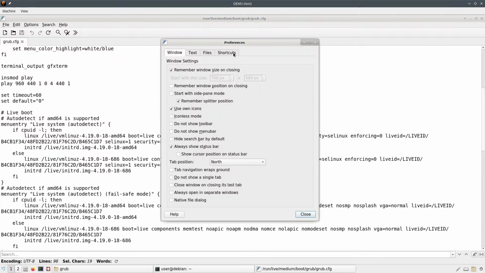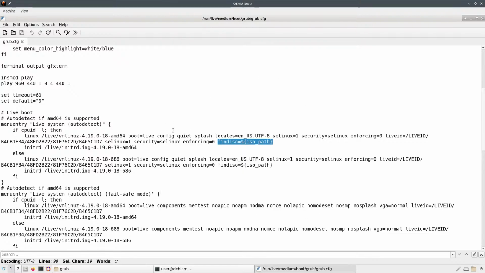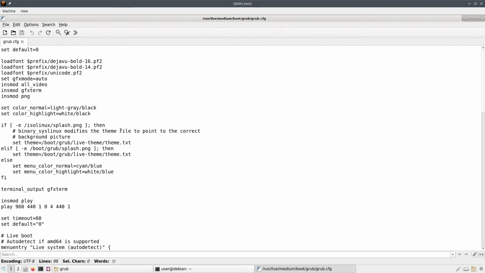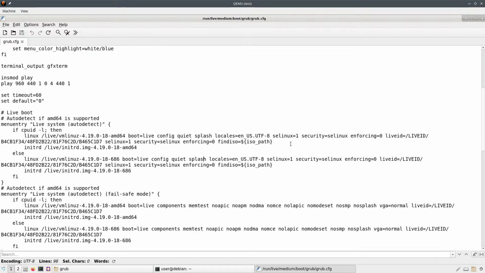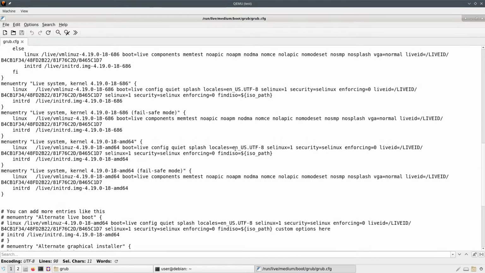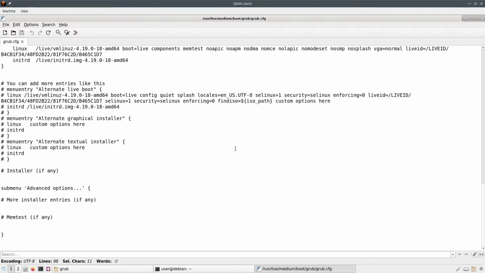No, because this is very limited. So the idea is that you have a loopback.cfg which can source the grub.cfg, which is in the same place, and if you know that your option to boot from stuff is ISO boot or whatever, you can put it here with ISO path, which is a variable which Super Grub2 Disk would give you. And that's how you manage to boot this.